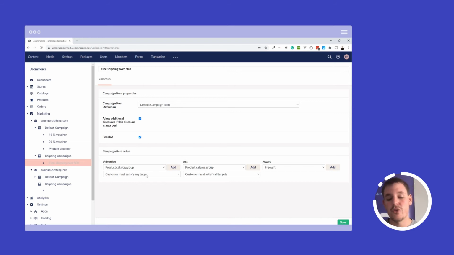And here it's also very, very important to say that this Advertise column is a more complex and advanced usage. It's not required at all. So you can set up your discount rules without using the Advertise bit here.